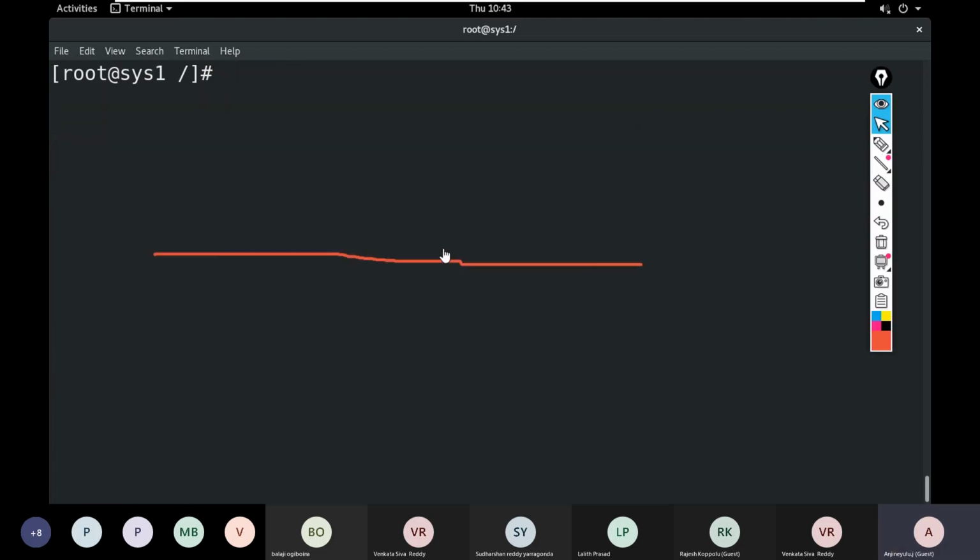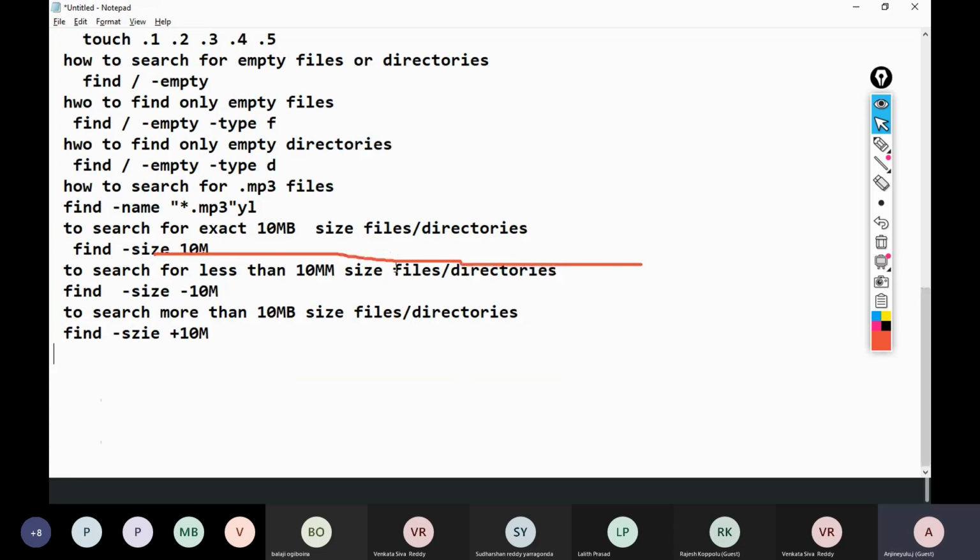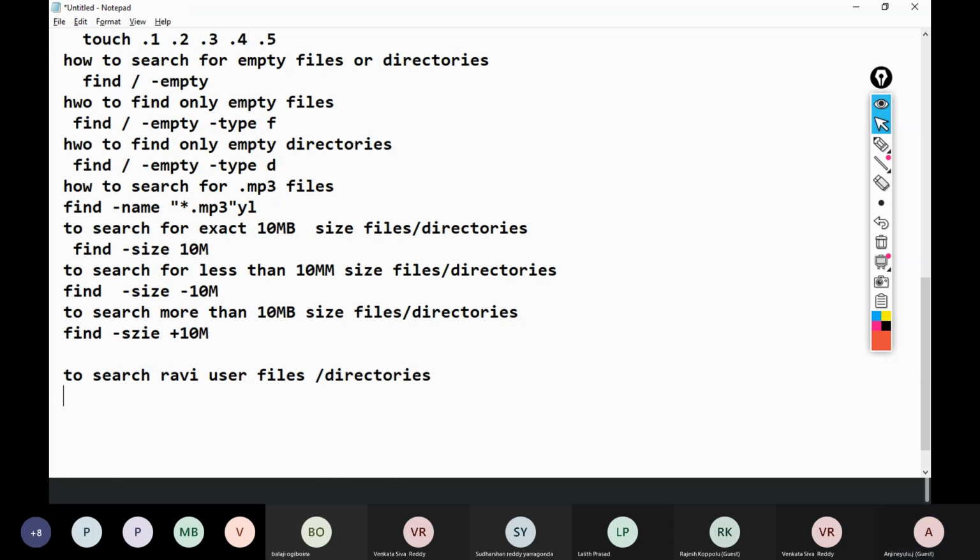So right here I'm writing how to search files and directories for a particular user, the Ravi user's files and directories.